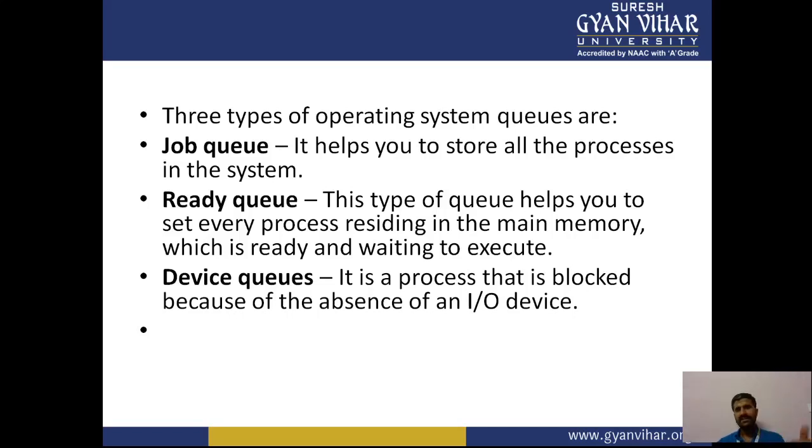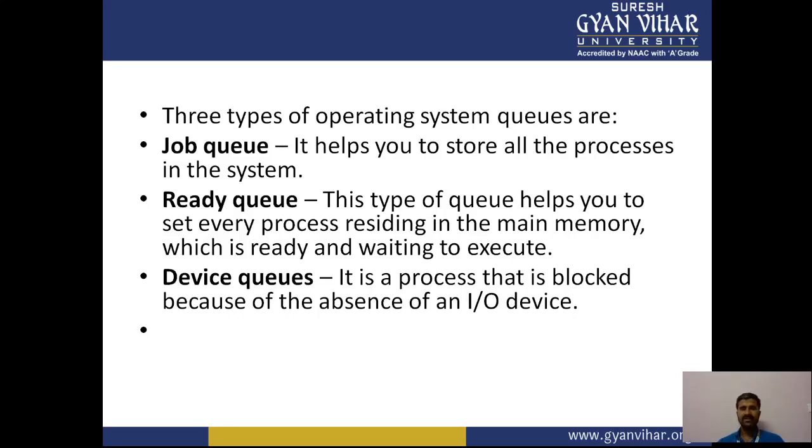The main objective of process scheduling is multi-programming, that is, to have some process running at all times to maximize CPU utilization. Another objective is time sharing, which is to switch the CPU among the processes frequently so that users can interact with each program while it is running. To meet the objective, the process scheduler selects an available process from the set of several available processes for program execution. For a single-process system, there will never be more than one running process.